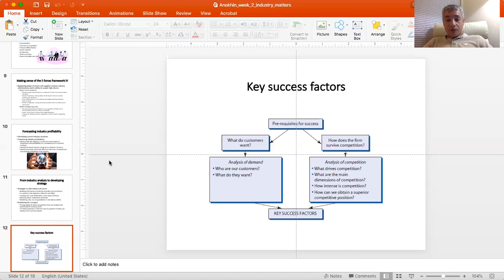And then you also have to understand how does the firm survive competition, right? You have to analyze your competition, what drives your competitors, main dimensions of competition, how intense is competition, how can we obtain superior competitive position within that industry, and from that, right, you try to match the first and the second one. You come up with 2, 3 critical success factors that you could apply to be successful in the